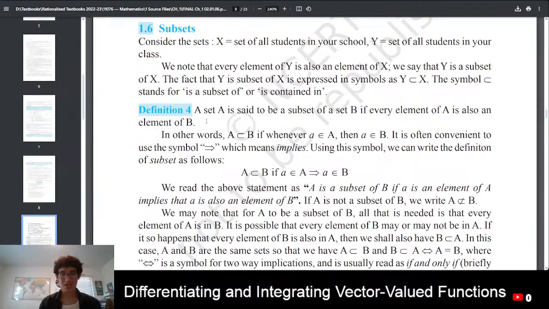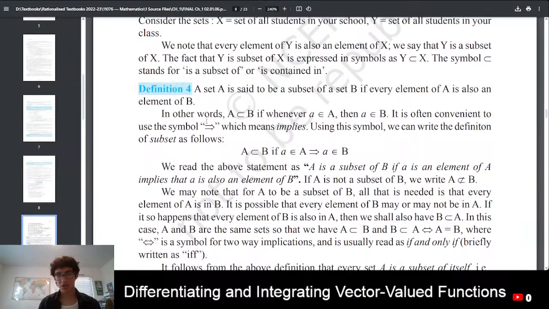Moving on to the definition, a set A is said to be a subset of a set B if every element of A is also an element of B. So this is going to be true when everything that belongs to A also belongs to B. And so in math, when you're dealing with logic or proofs, you see this, which means implies. And so you can write it like this. If A belongs to, so if a set,